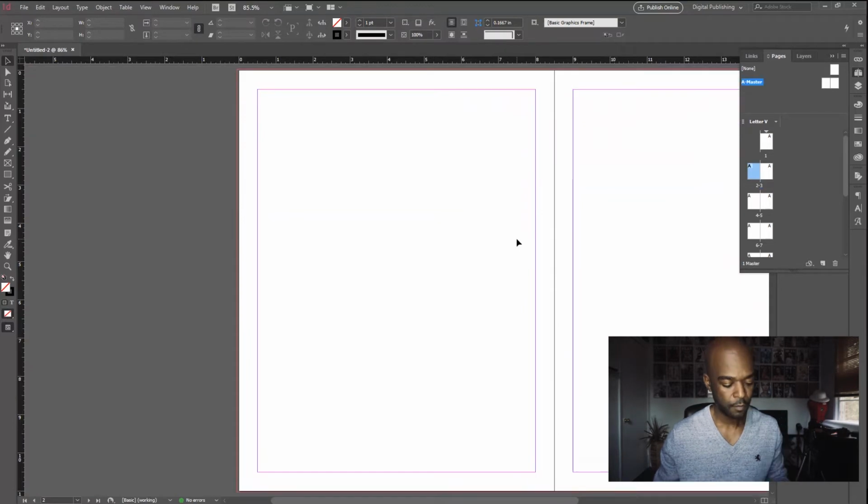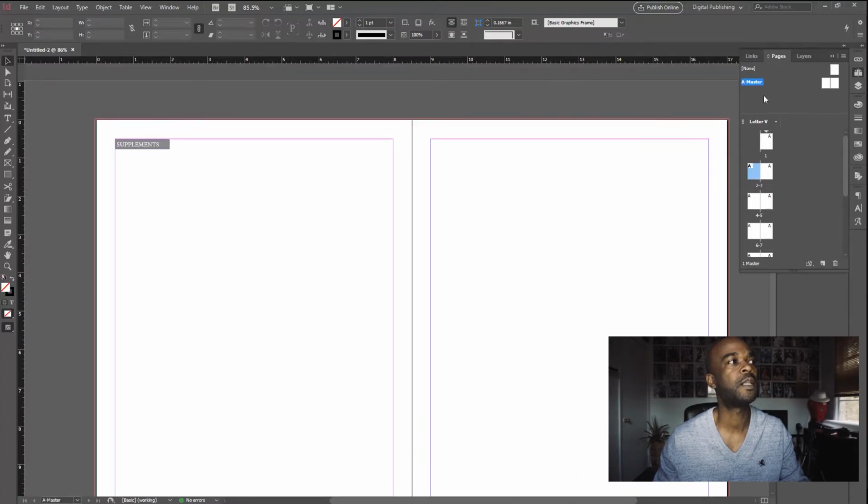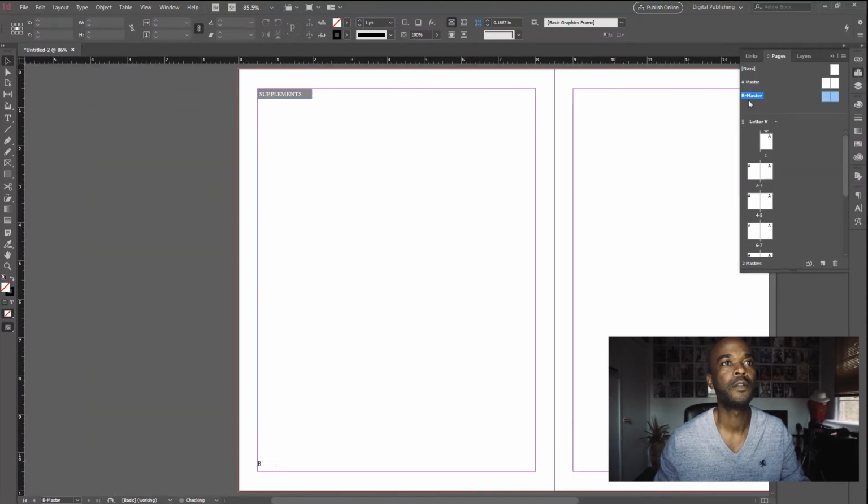All right, let's go back. So say for instance we only want supplements on pages 2, 4, and 5, and we might want it on 10, 11, and 12. This is where you set up separate pages. Another thing too, before we jump into that, let's go back up to the master page, and right click on this and click on duplicate. Why are we duplicating this? Because there are going to be some pages where,